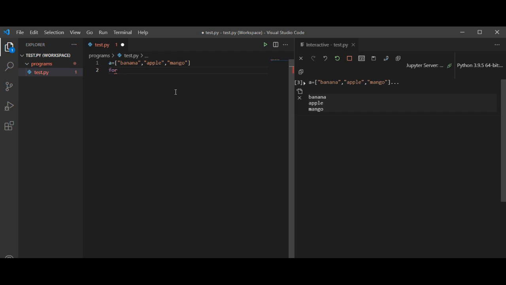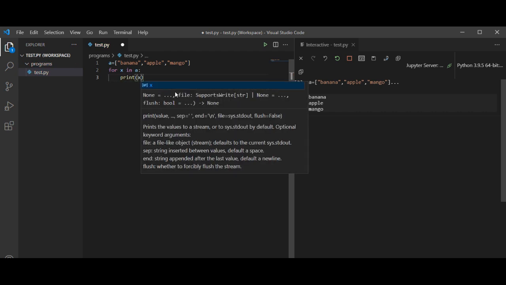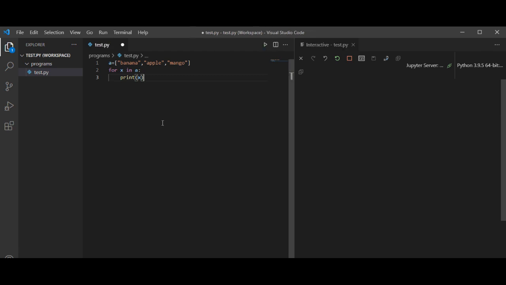For loop, the syntax of the loop is: for x in a, where a is the list, print the x. So run the program. You can see that banana, apple and mango is displayed on the output terminal.